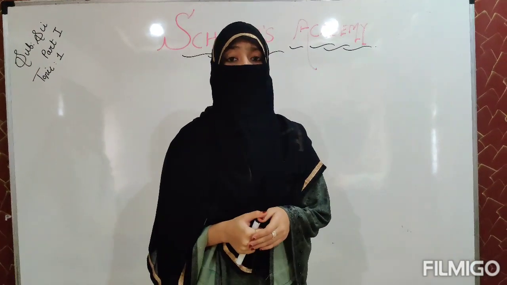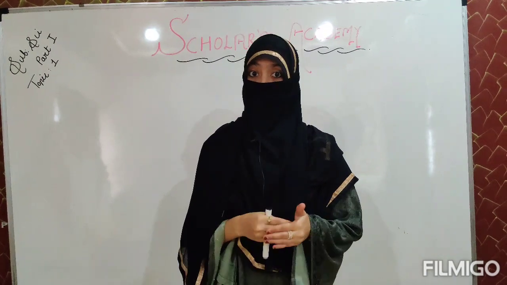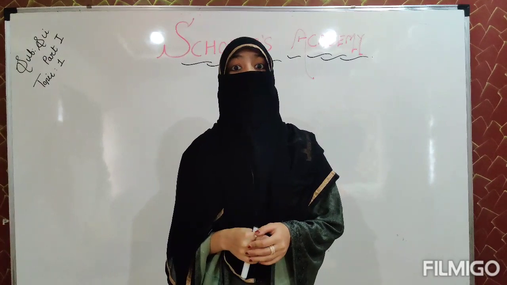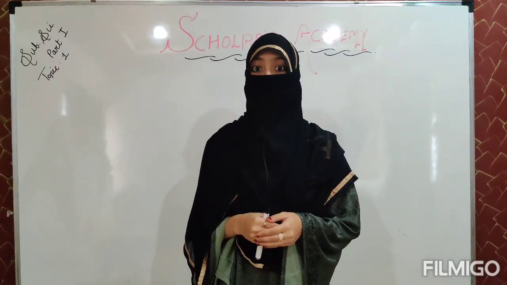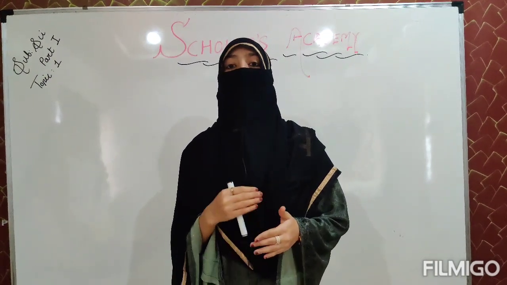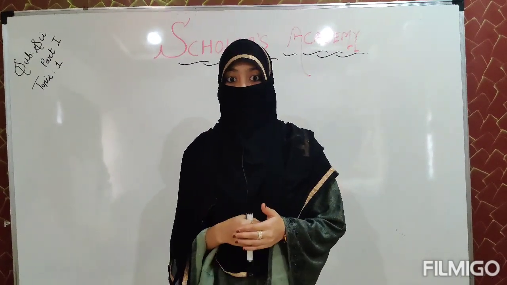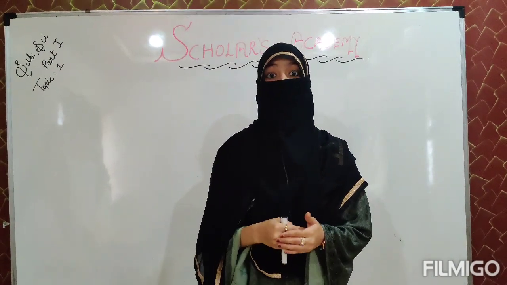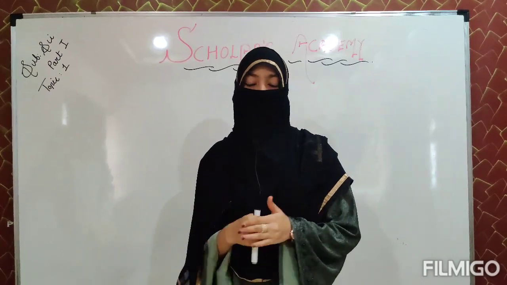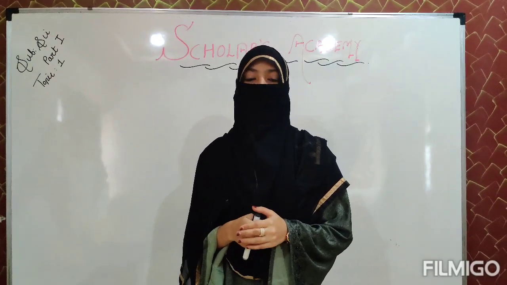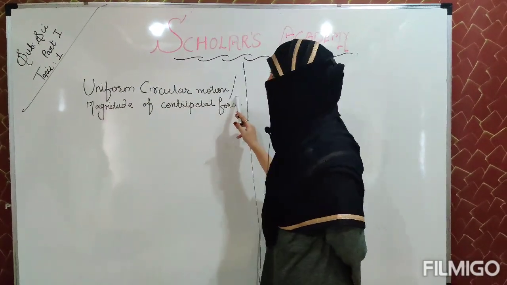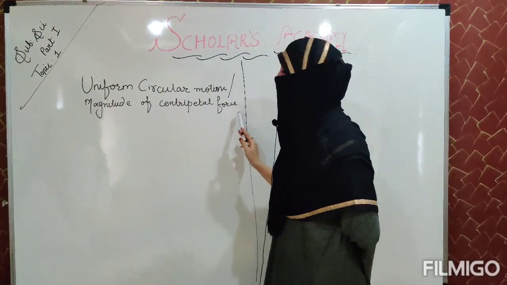In the previous video, we have seen topic number 1, that is gravitation, and in that topic we have seen Newton's law in detail. Now in this lecture we are going to see centripetal force, magnitude of centripetal force, and the next point is a derivation in which we are going to prove that force is inversely proportional to the square of the distance between two bodies. Then next, Earth's gravitational acceleration and some problems.